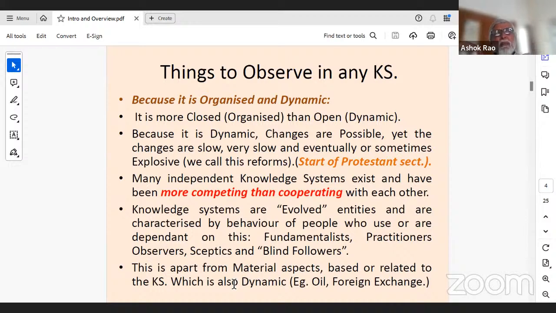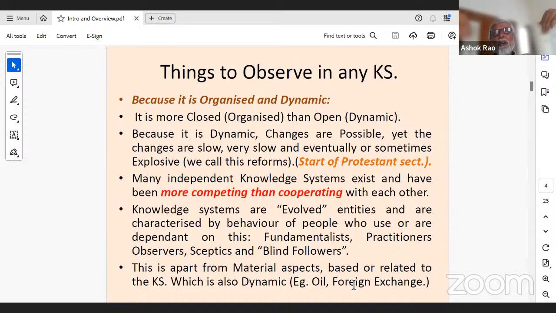Maybe except Delhi, Bombay, here and there, but hardly anything here. But today, each of us go to a petrol bunk and fill petrol every day in the morning. Similarly, the idea of foreign exchange was not even there simply because people did not have much money of their local currency itself. Today, foreign exchange is another factor which, so knowledge systems as they evolve, they throw out older components, bring in newer components. Sometimes the old ones which are thrown out, after some time they come back.